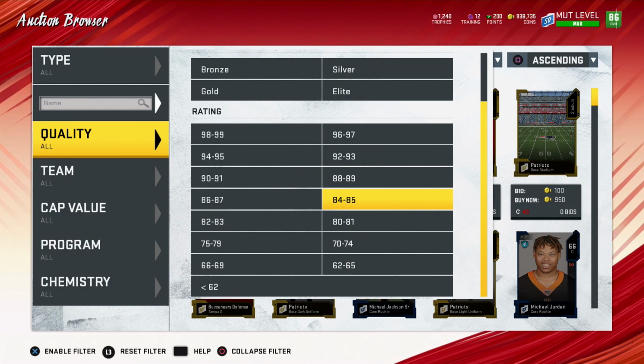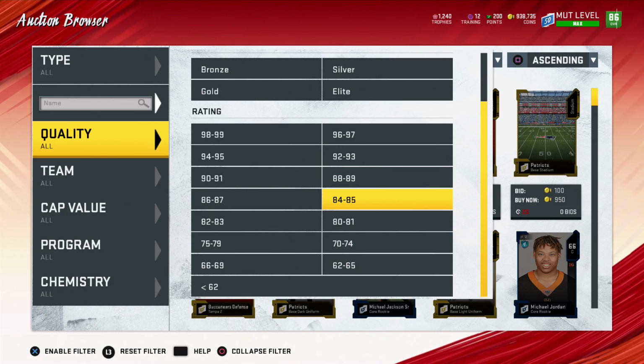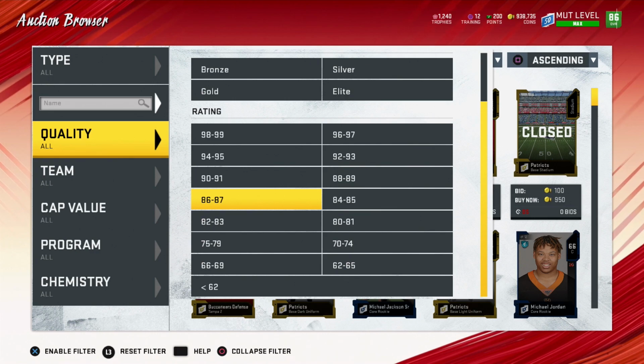Now obviously the higher overall that you go up, like 88, 89s, 86, 87s, even maybe 84s and 85s, you could actually probably work with that a little bit. But the higher up you go, the harder it is going to be to find snipes. Now it also could be more beneficial, because if you do find a really good snipe, obviously